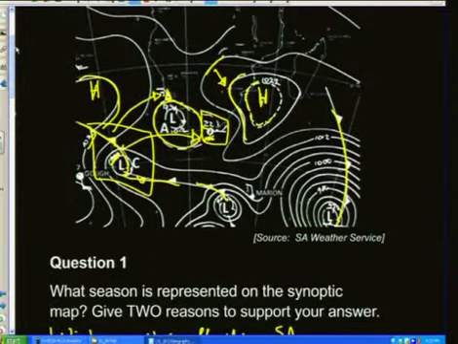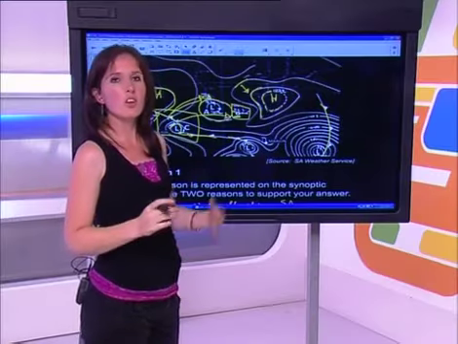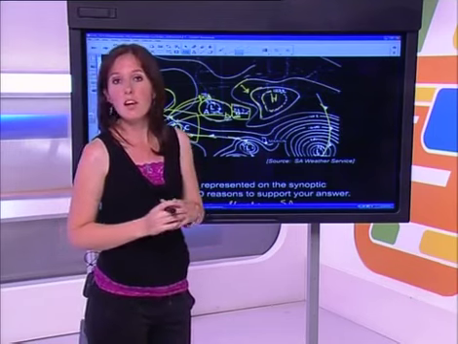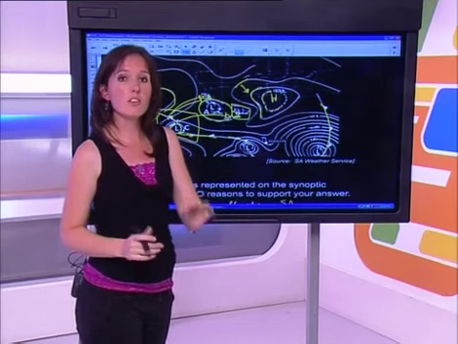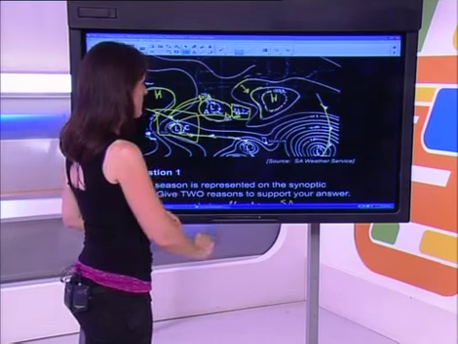Now you'll see here that they're going to affect South Africa. Remember I said that they're moving from the west towards the east. Sometimes a little bit from the southwest towards the northeast, but overall you can just say the direction is from the west towards the east. Why? Because they are driven by a wind belt, and in this situation they are driven by the westerly winds. You need to remember those things.